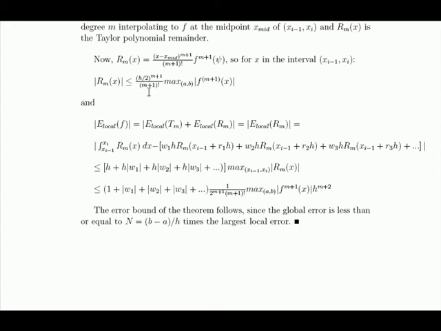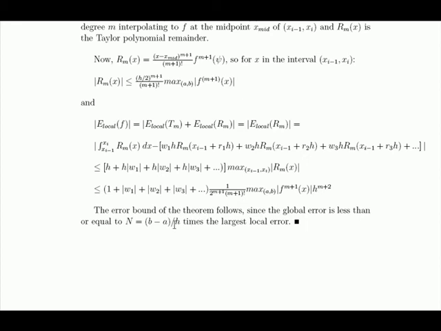Rm is less than h to the m plus 1 over 2 to the m plus 1 over m plus 1 factorial. Then we got this extra h from here. Rm is less than h to the m plus 1, so that gives us h to the m plus 2 power here, times some constant that depends only on m. By the way, the weights will normally be positive, and they'll always add up to 1, so normally this big term in parentheses is just going to be 2 unless some of the weights are negative. In any case, it'll be some constant. So we have the local error is less than h to the m plus 2,